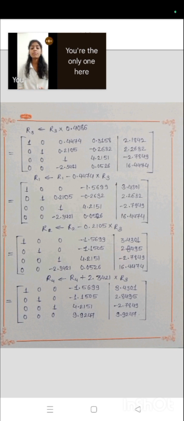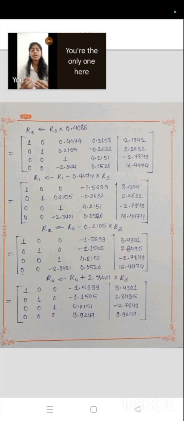So the value in R2 will be 0, 1, 0, minus 1.1505 and 0.8495. Okay, here again we put the operation in R4. R4 is equal to R4 plus 3.3421 into R3. So here there is no change in R1, R2 and R3, only R4 changes, and the value will be